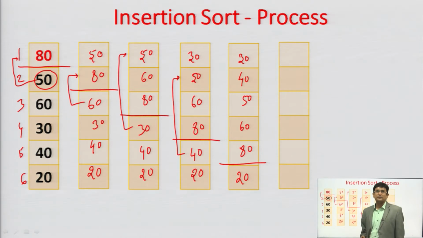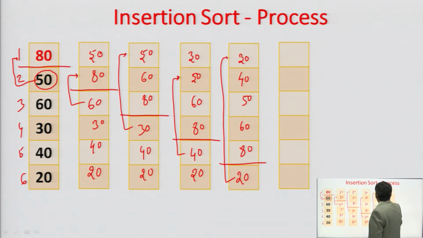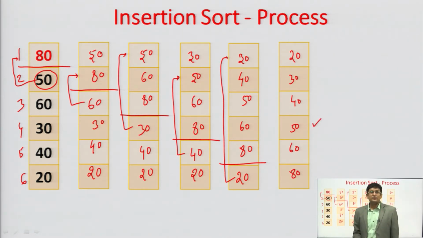only a single element. Pick the last element from this unsorted part and insert that in the sorted part. So, since 20's position should be at the place of 30, 20 is inserted here, and all other elements will be shifted one step down. So, this is the sorted array. Now, what you have to see here is that we are performing 1, 2, 3, 4 and